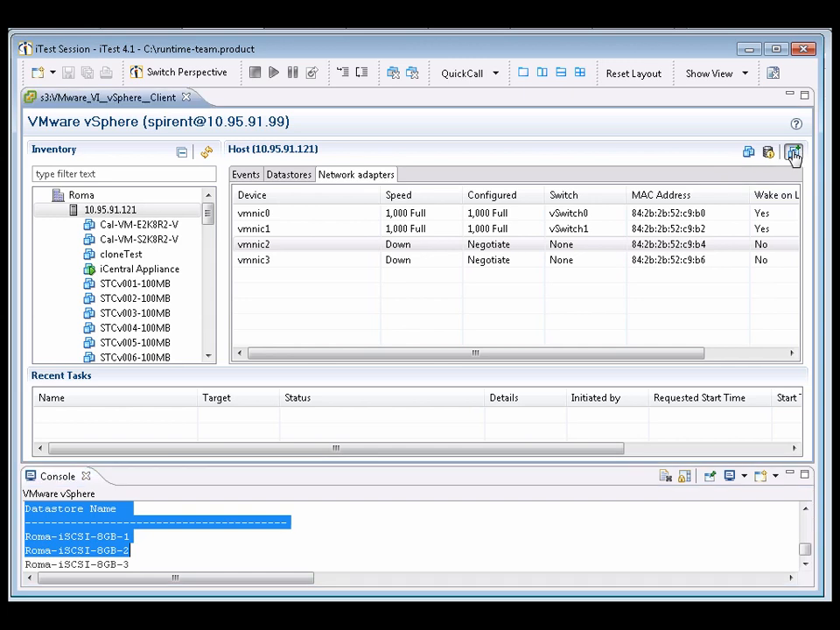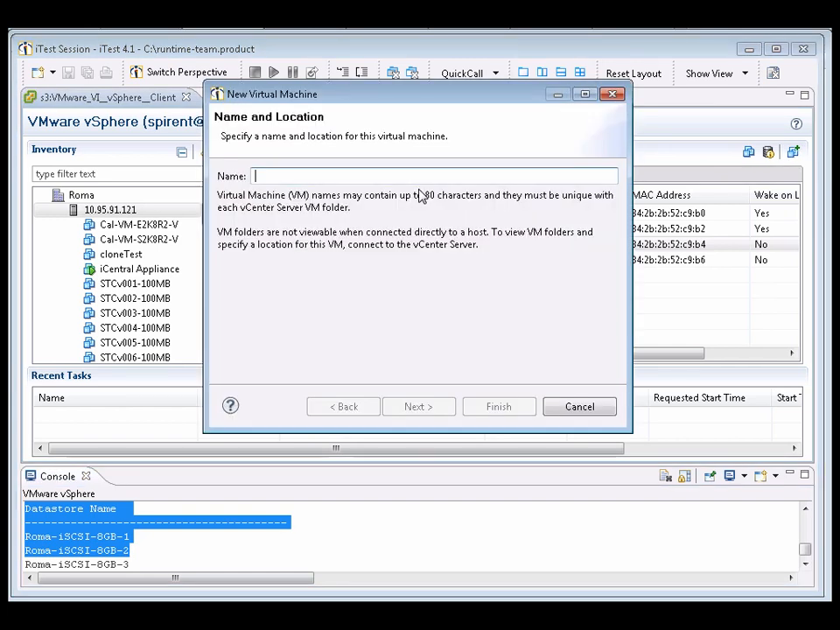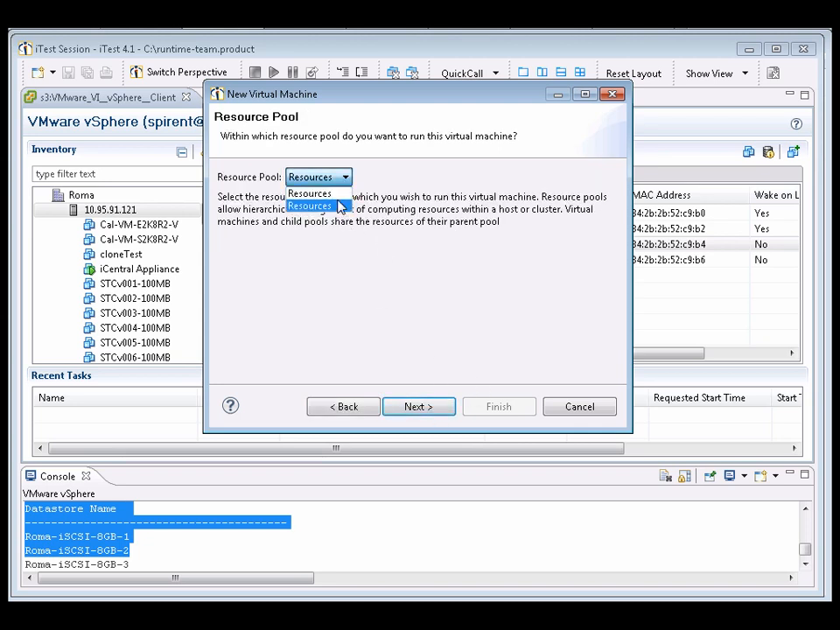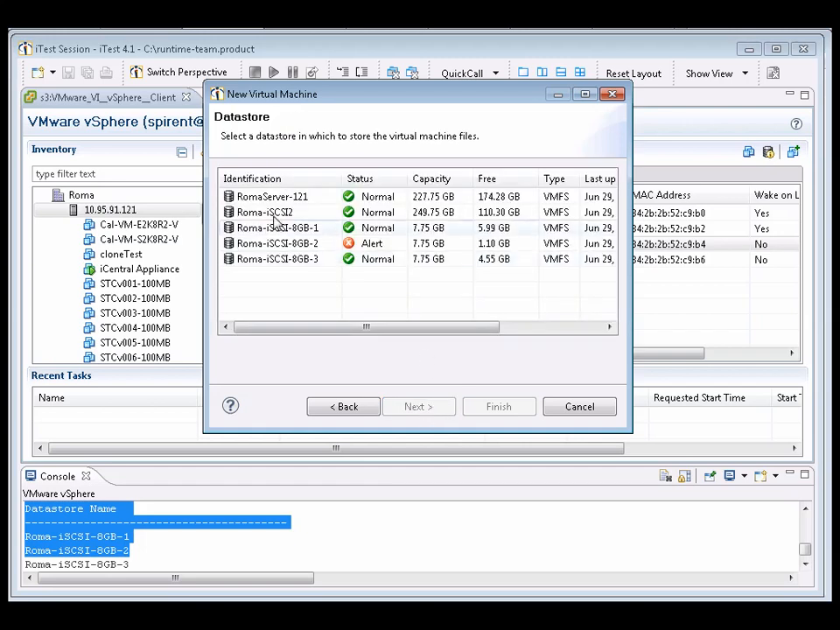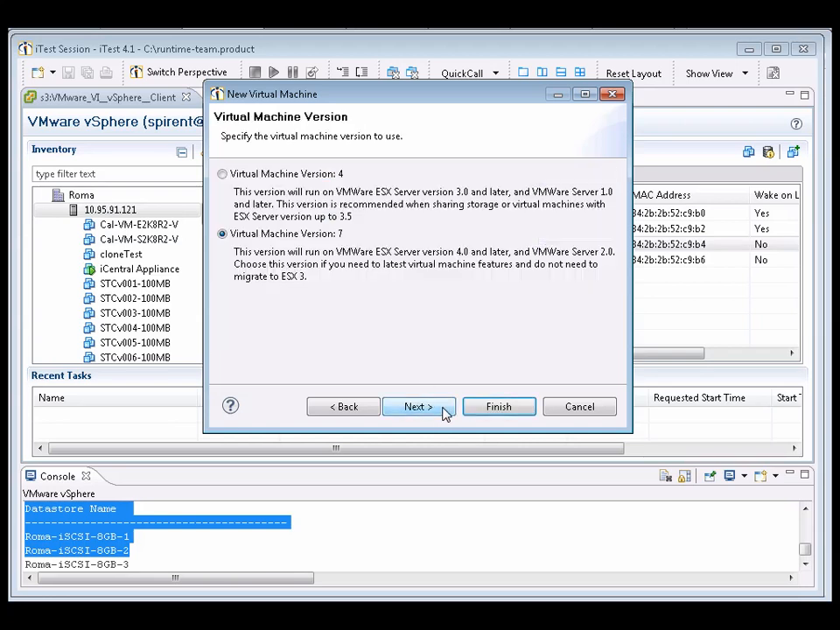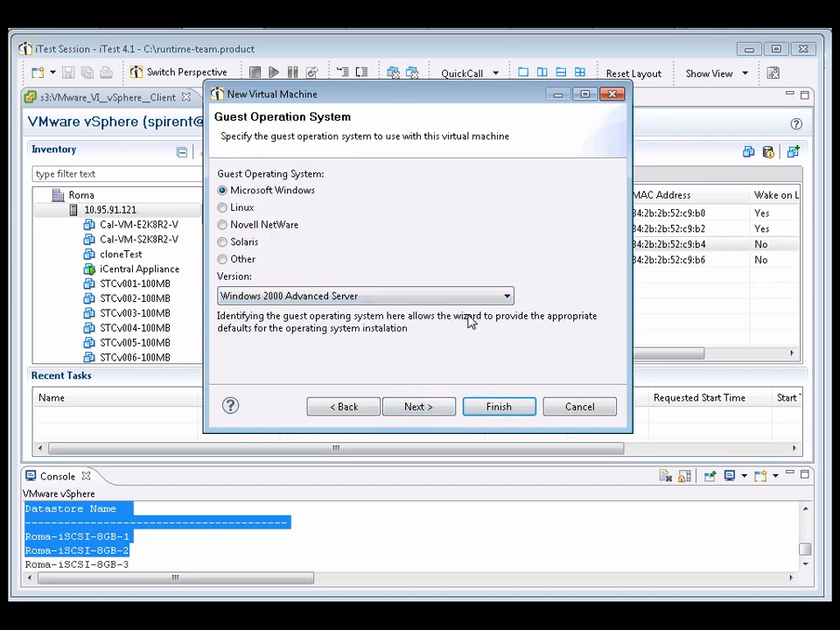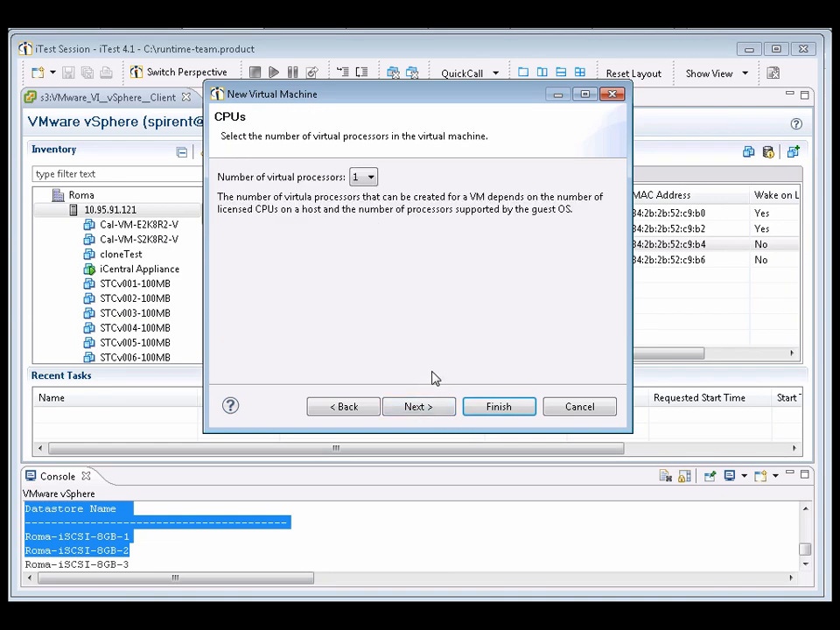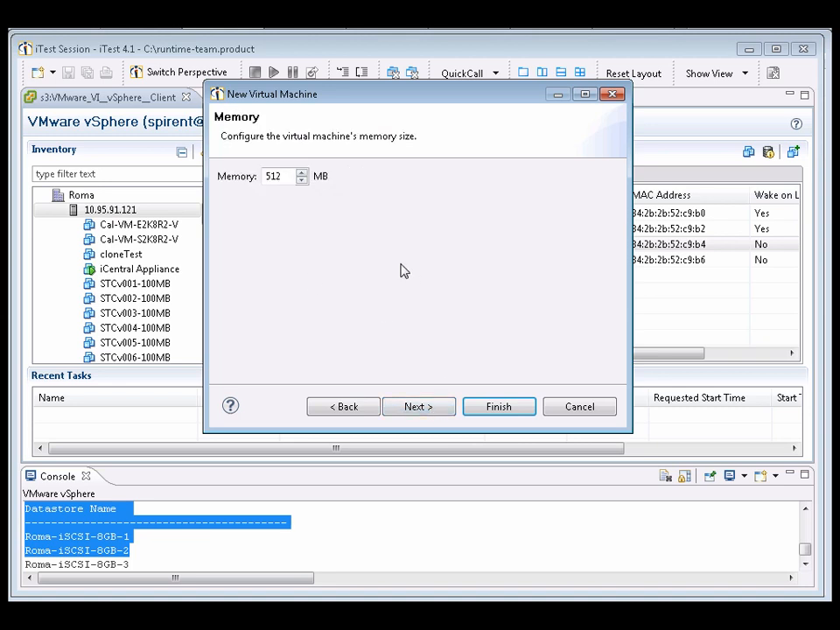If you click it, it will launch the new virtual machine wizard where you can type the new name, UVM Diva. Next, here you can select the resource pool. Next, here you can select the datastore to use. Virtual machine version, guest operating system, number of virtual processors, memory,